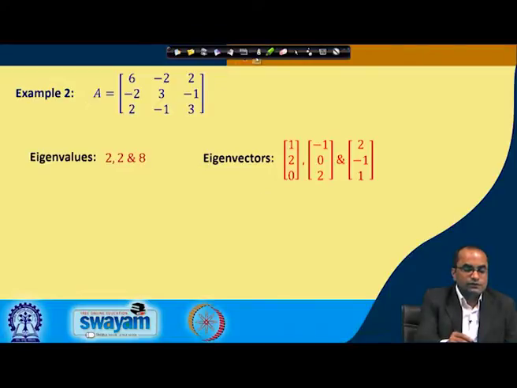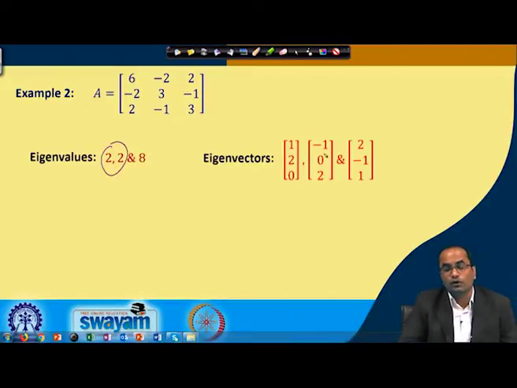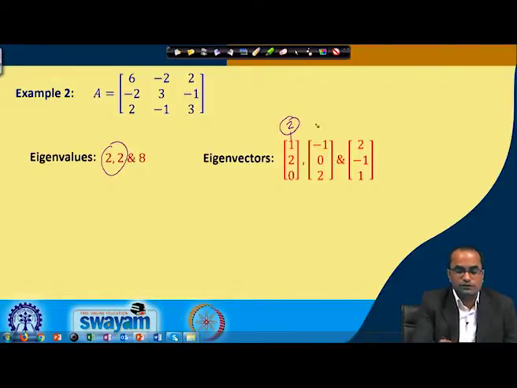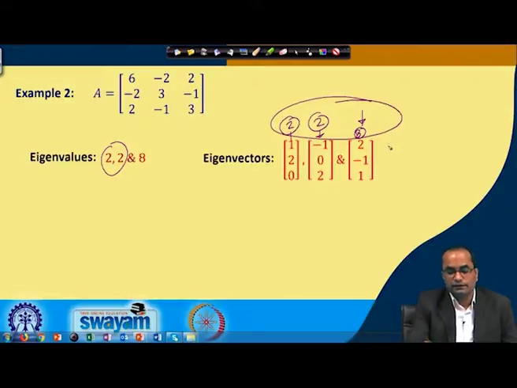multiplicity of 2 is 2, and as the algebraic multiplicity is 2, the geometric multiplicity in this particular case is also coming to be 2. So, this is corresponding to this 2, this is also corresponding to 2, and here we have this corresponding to this 8. So, we have 3 linearly independent eigenvectors,